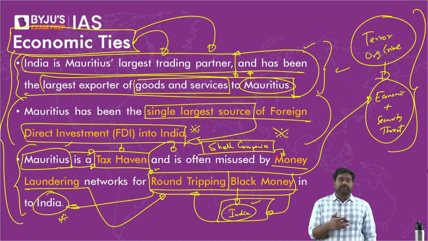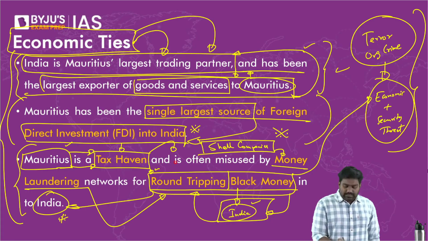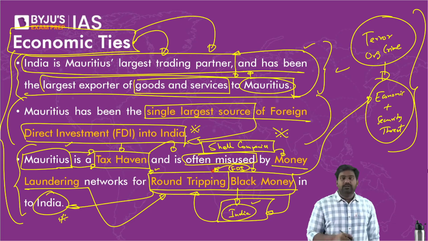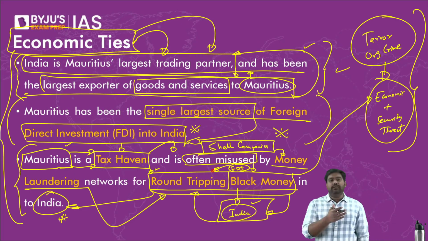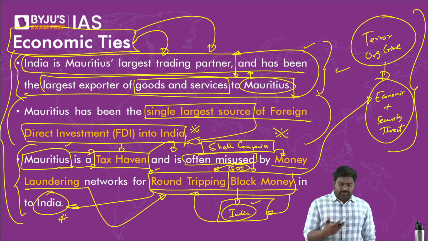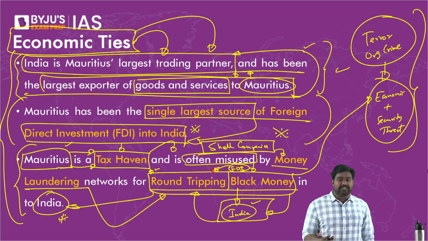From these front companies, which are fake illegal companies like shell corporations, the funds are brought back to India as investments, as legitimate FDI. So as the money leaves the country, goes through laundering and comes back to India as clean money, the process is called round tripping. The money has completed a circle. So from Mauritius, this is a risk. It's a risk for our economy and our security.